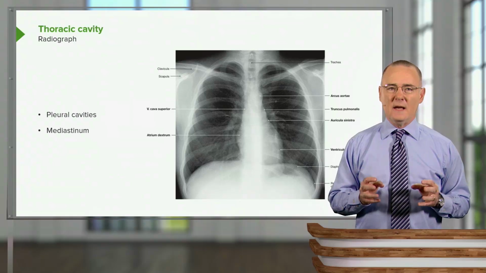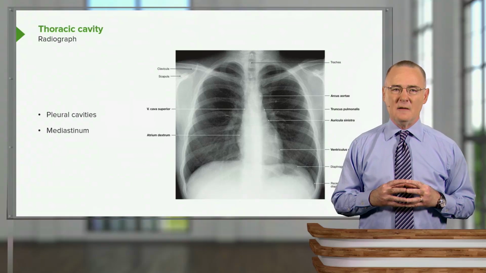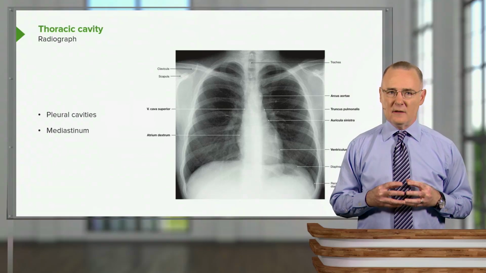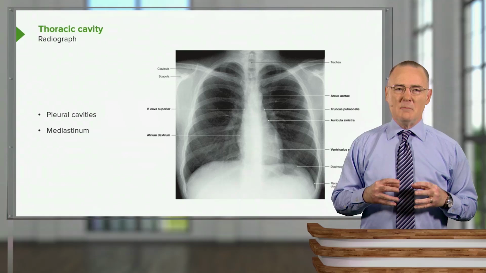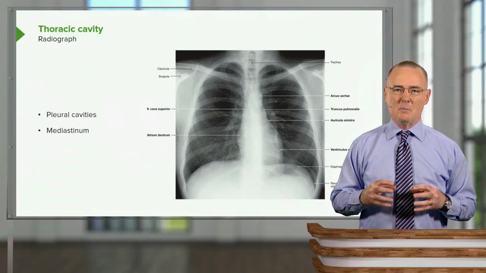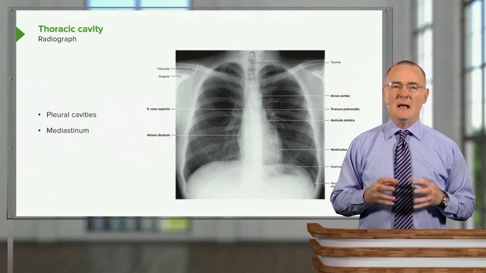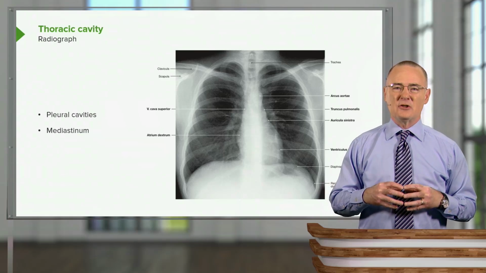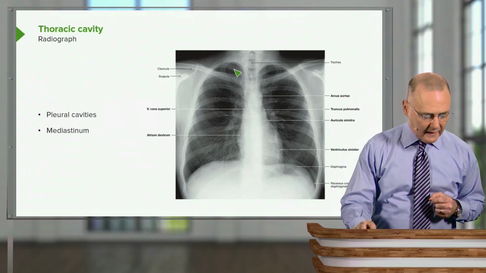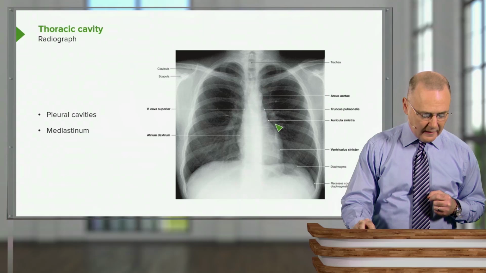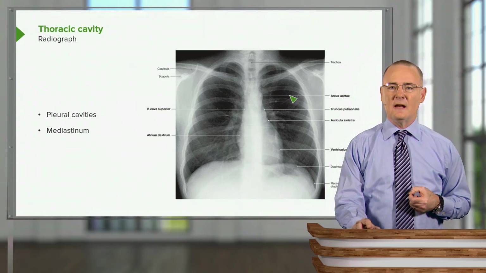Here we're looking at a radiograph of the thoracic cavity, and we can see the two pleural cavities as well as the mediastinum standing in the middle. The pleural cavities are going to appear relatively black. The mediastinum is going to have a much lighter appearance in its contrast. So here is our right pleural cavity, and we can see how dark it is. We can also see here on the left side, the left pleural cavity, and again we can see how dark